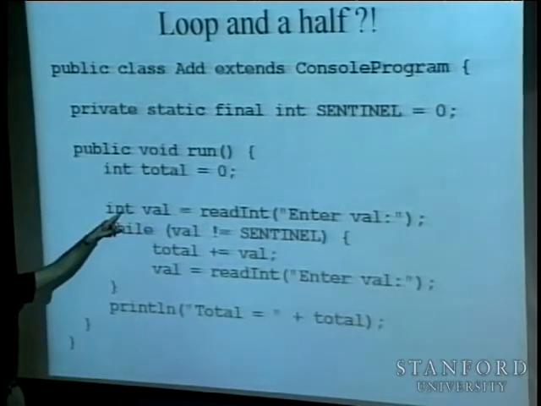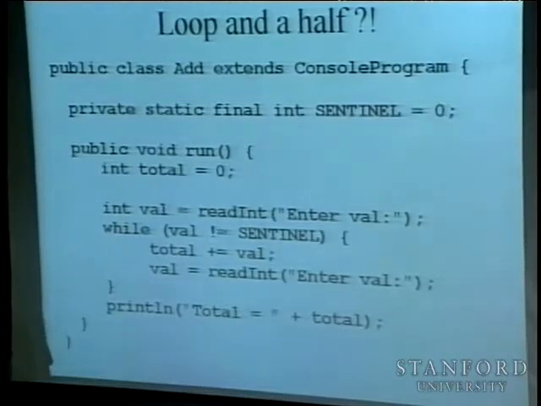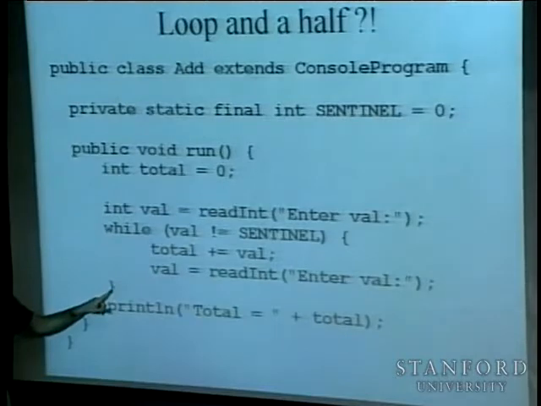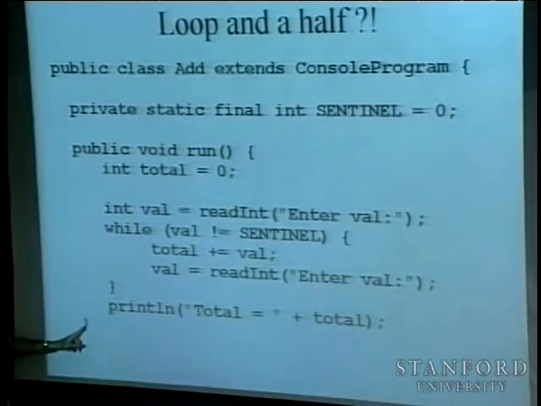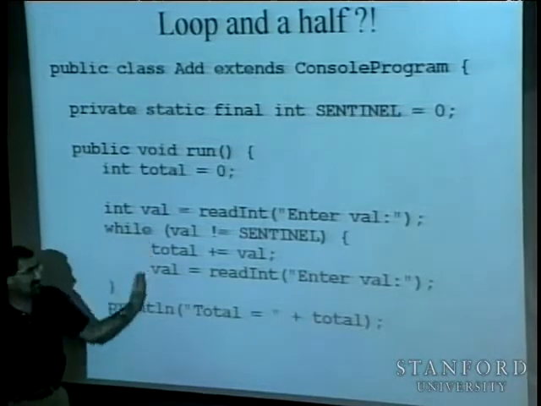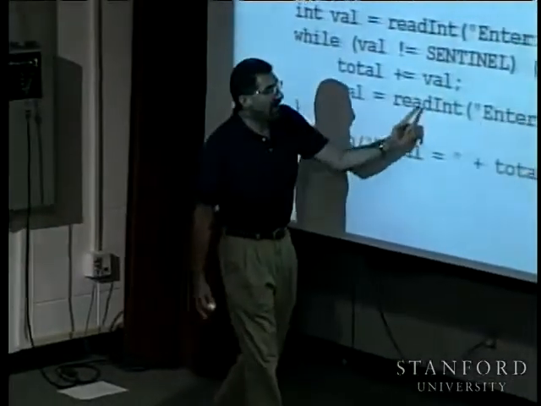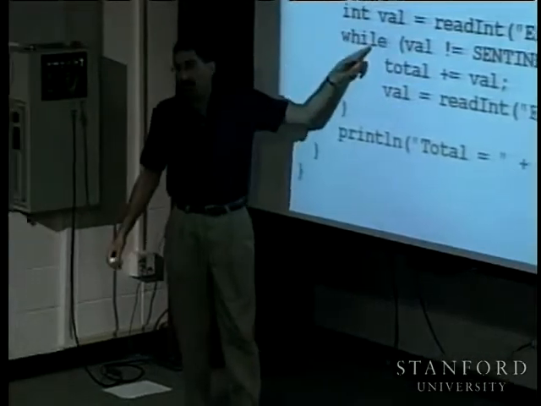And this guy's lifetime is until it gets to the closing brace at the level at which it's declared. It's not declared inside the while loop, so this closing brace doesn't make it go away. This closing brace makes it go away, which means it's actually alive the whole time in the while loop, and it's perfectly fine. So val, I read in some other value from the user, and again, I go back through